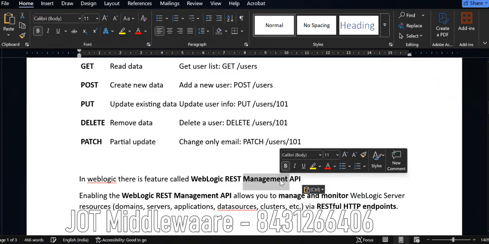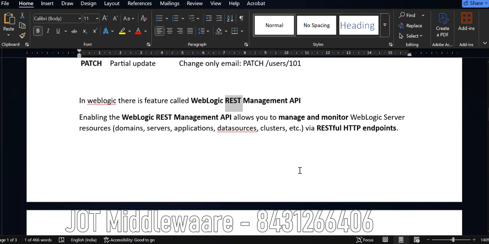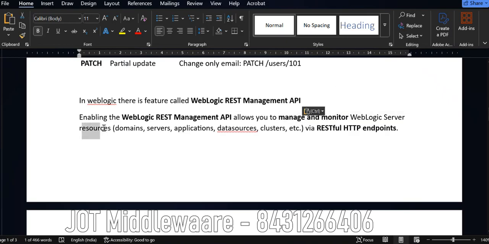So using this REST API management, you can manage and monitor WebLogic server resources